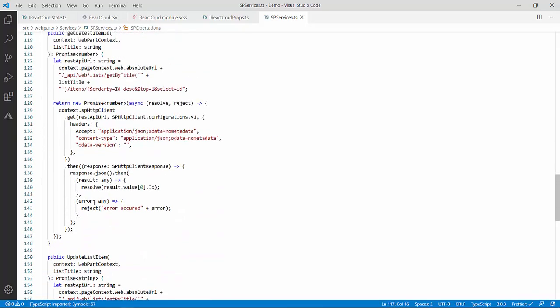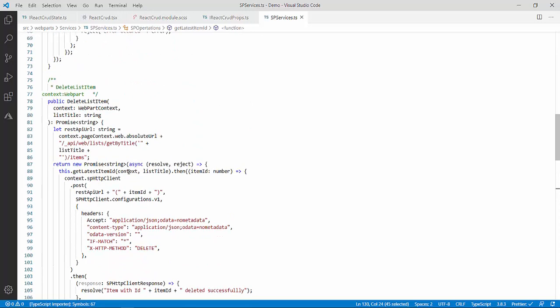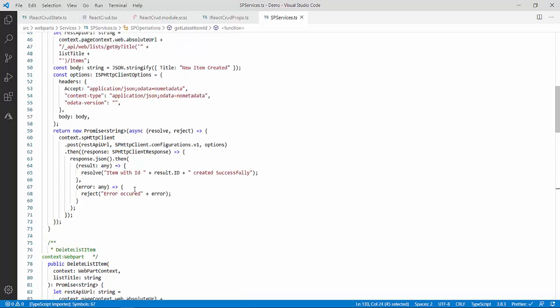The only thing to learn over here is the use of this context.spHttpClient. I will show you over here where I have declared all the headers at the top, because over there the code is a bit cleaner. So you can see over here context.spHttpClient.post. This is simple, you have to use it. You provide the URL, this will remain the same, and you provide the options. After that you will handle the response you get. It will be of type SPHttpClientResponse. Then in the arrow function you will convert it into response.json, and after that you will get the result.